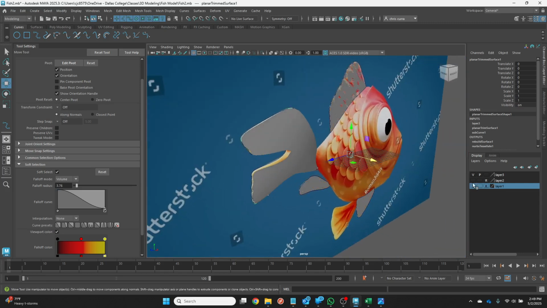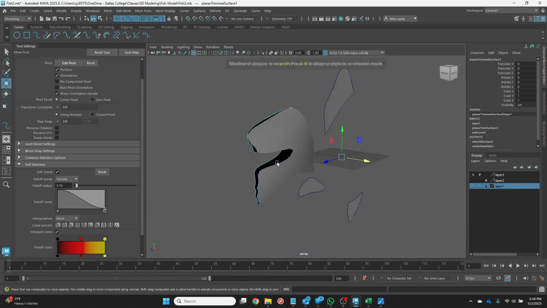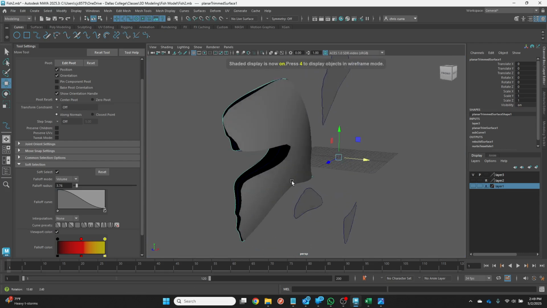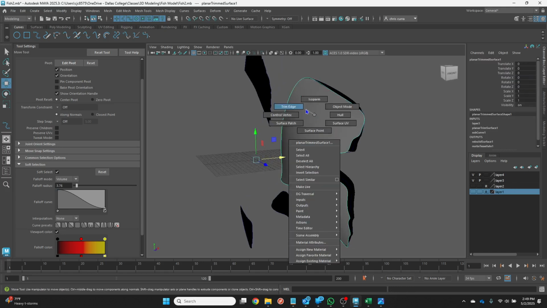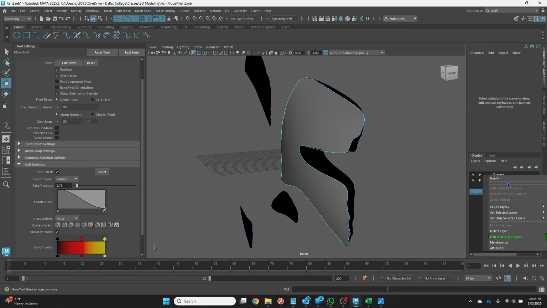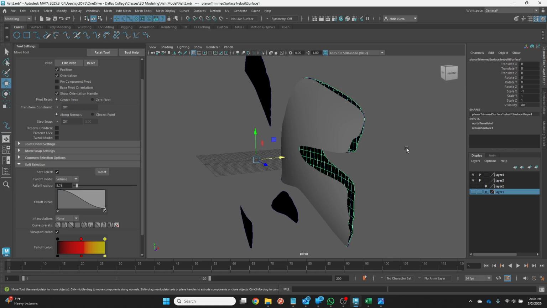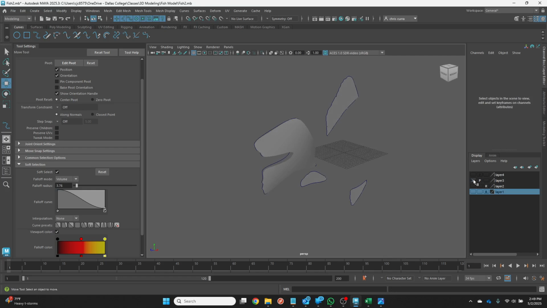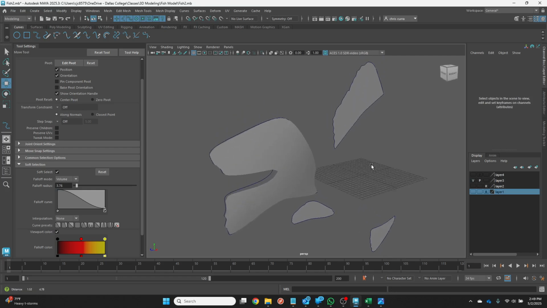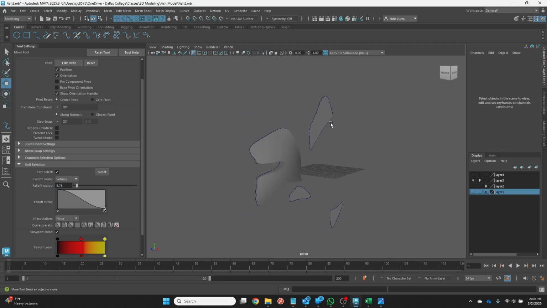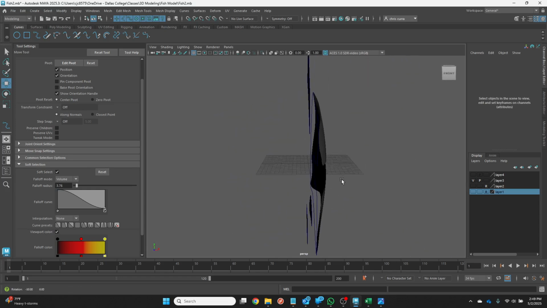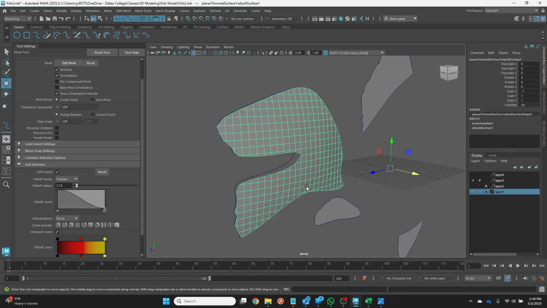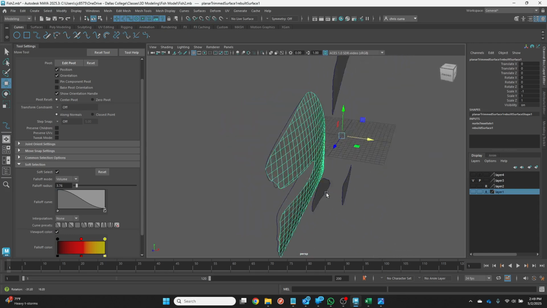But of course, I have my NURB shapes, which are now in there as well, which is no bueno. So I'm going to make a new layer, and let's add these NURB shapes to my new layer and turn them off. Okay. And then I've got those shapes. All right. So now, what we're going to do is,